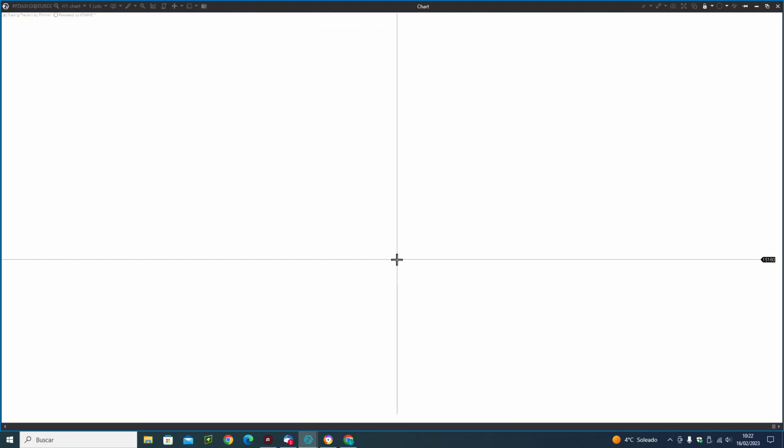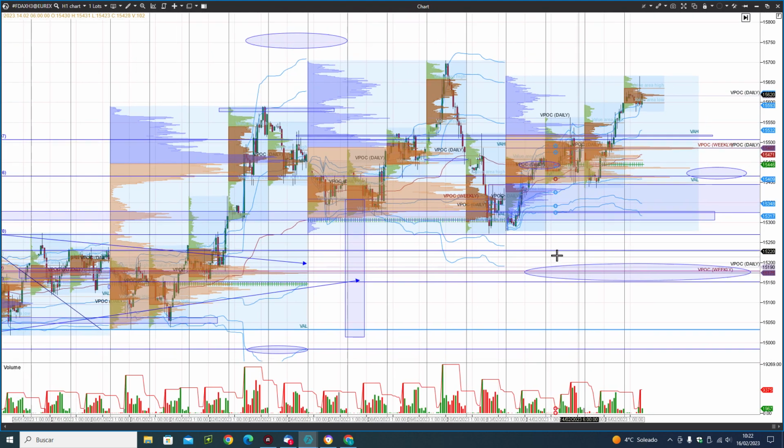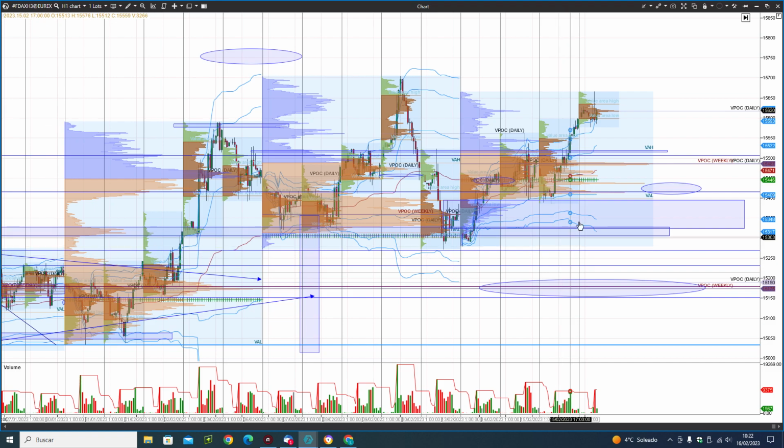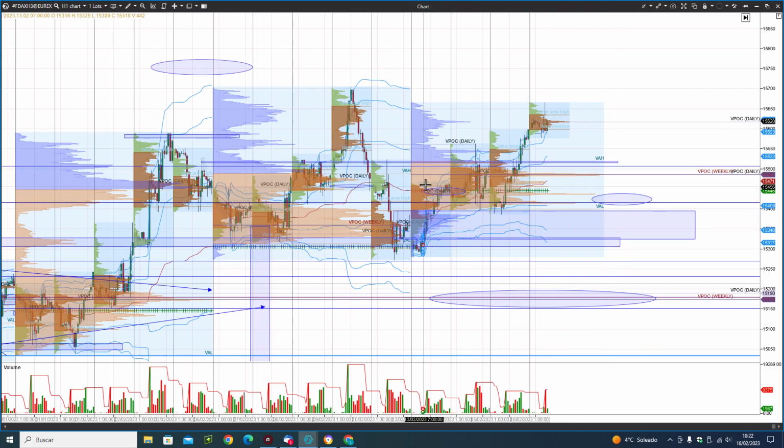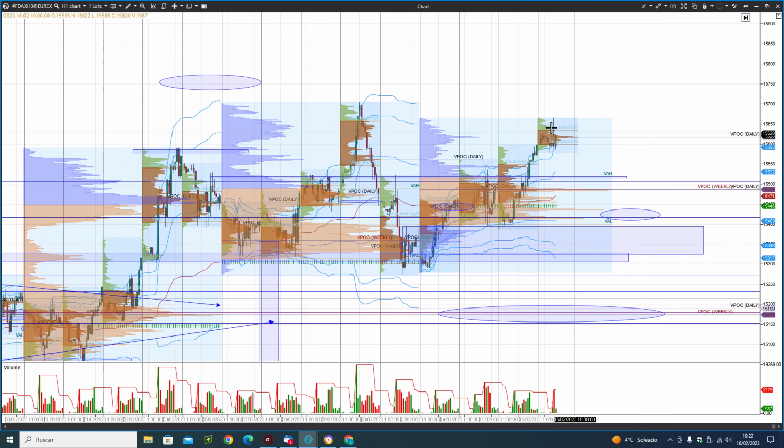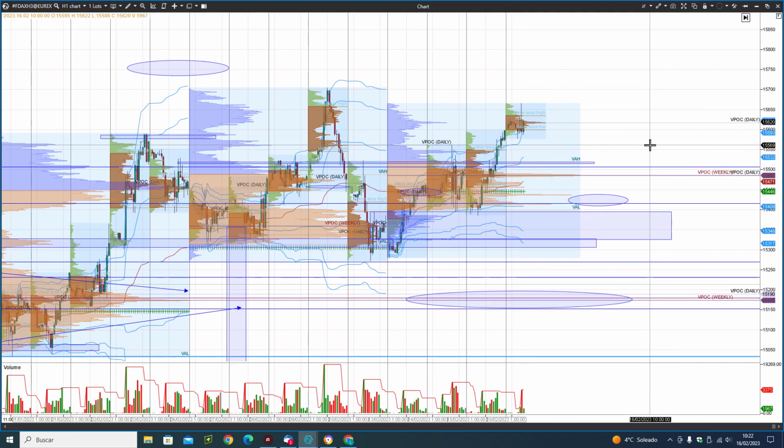And last one, DAX. DAX, the price has broken the value area high. What are the targets? First step, this maximum of last week at 15,703. Lower targets, value area, this price action zone,